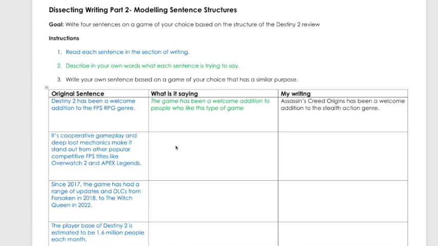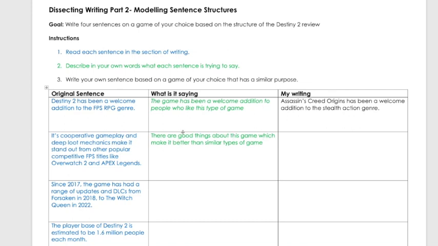It's got great cooperative gameplay and deep loot mechanics. So I'm going to write in this box, there are good things about this game which make it better than similar types of game. So you notice as the sentence gets a little bit longer, then I'm having to be a bit more creative in how I describe what it's saying. So there are good things about this game, and those good things are the cooperative gameplay and the deep loot